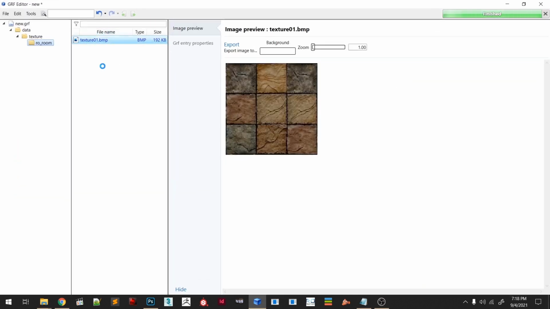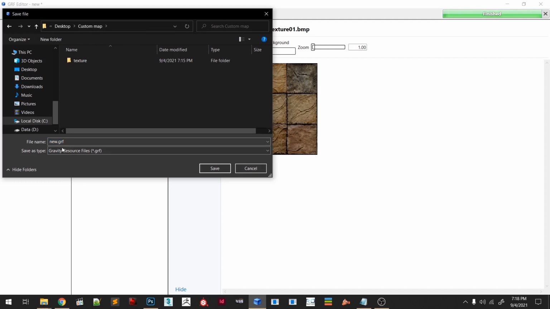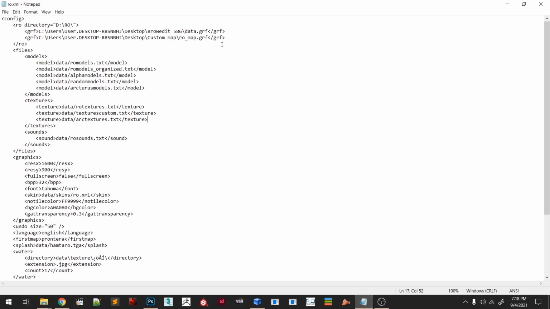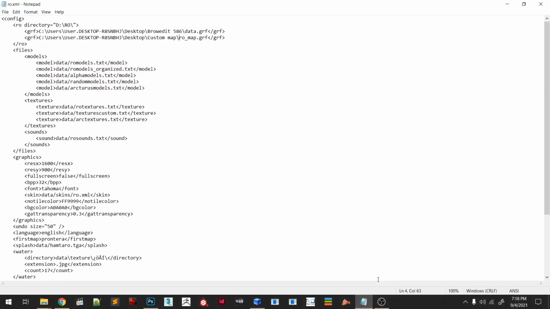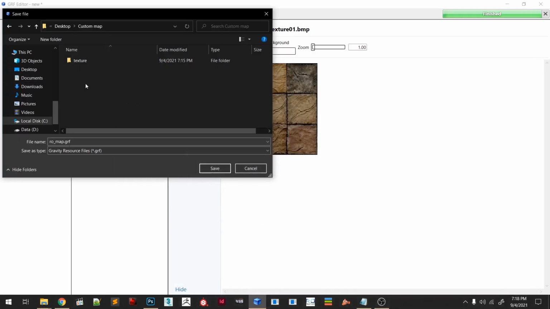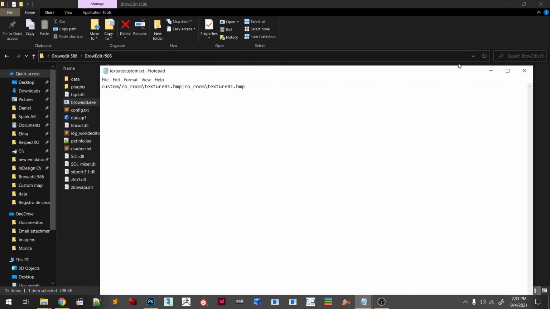Alright, hit save, and I will choose custom map, and here I will call it RO map.grf. You can call it whatever you want, just make sure you link it here in the RO XML. So now I hit save, and we are good to go. And now we should be able to locate our texture inside BrowEdit.